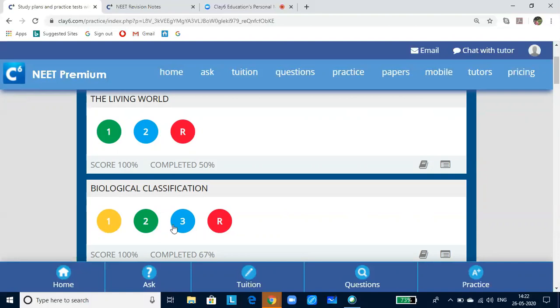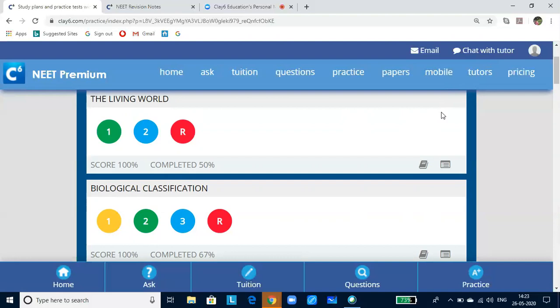Once you have completed all these 3 levels, you can click on the red bubble, and it's a randomized test which will help you to revise, wherein the complexity will be in randomized fashion. It will help you see whether you are able to recollect and apply the concepts. Now, with this, I hope you have got to know how to navigate through the website.